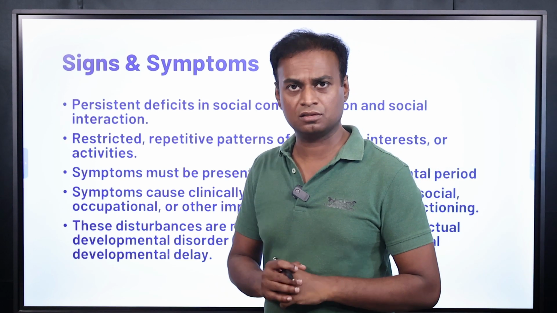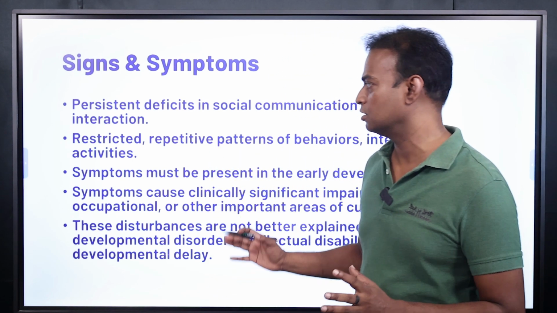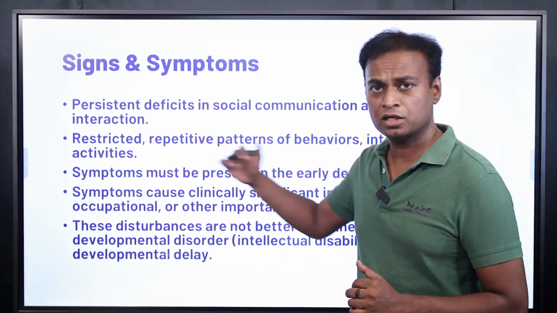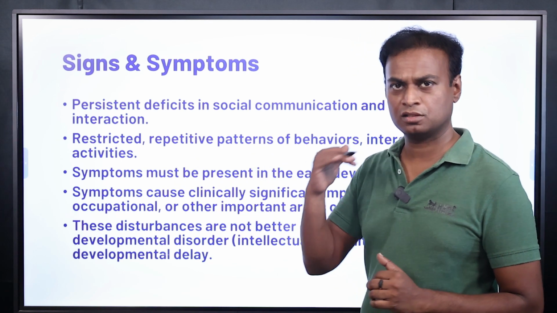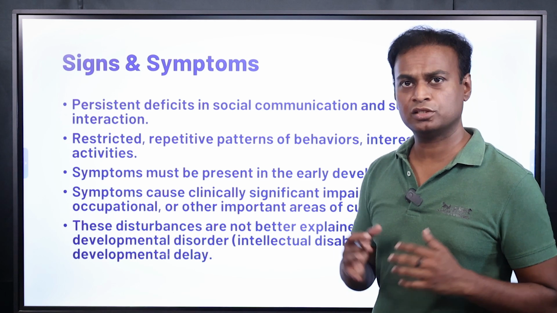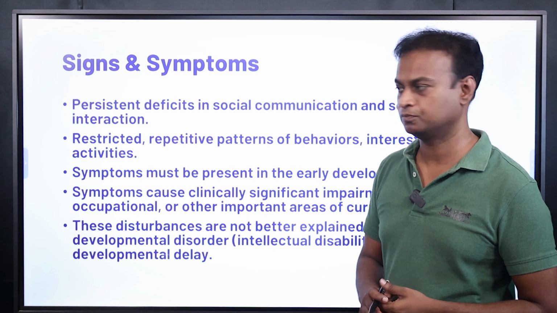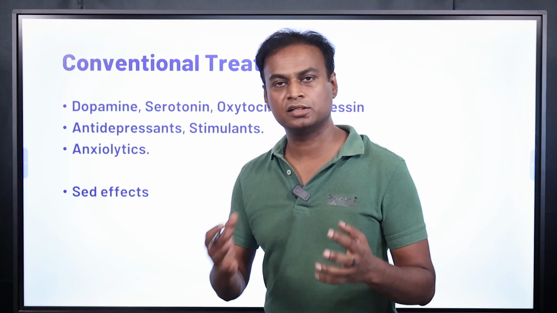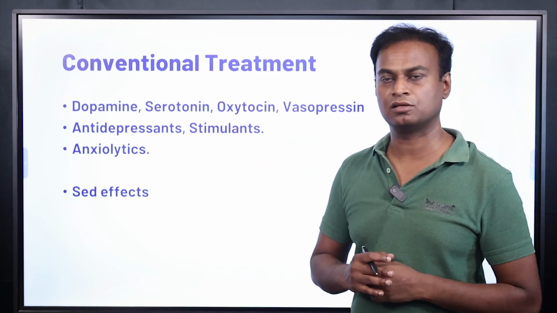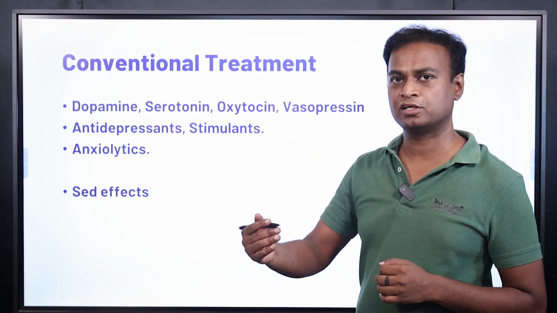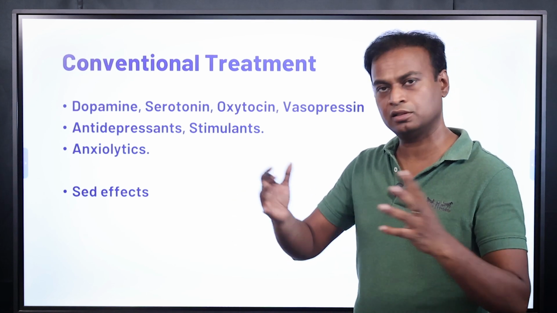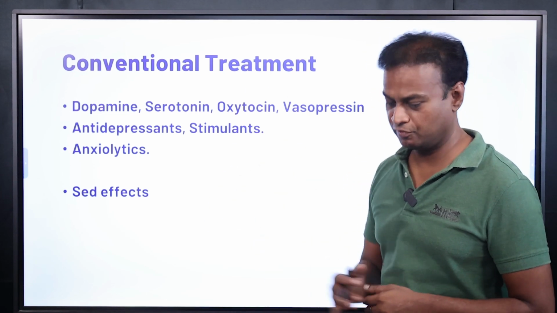It is very important for you to understand all these things, so that you can understand what is autism and what is not autism, so that you can help your kids in future and in the current context also. Coming to the conventional treatment, or English medicine or Western medicine, or the treatment given by a psychiatrist in a corporate hospital or in an individual setup, is known as conventional treatment.